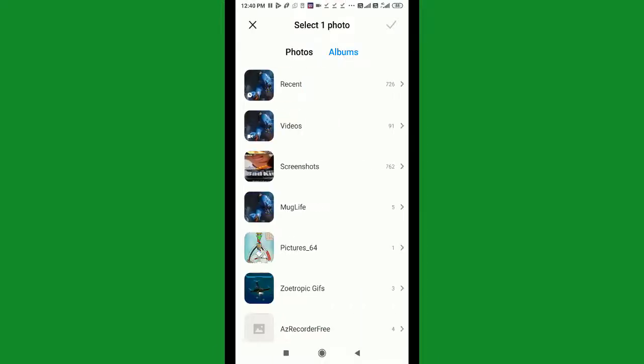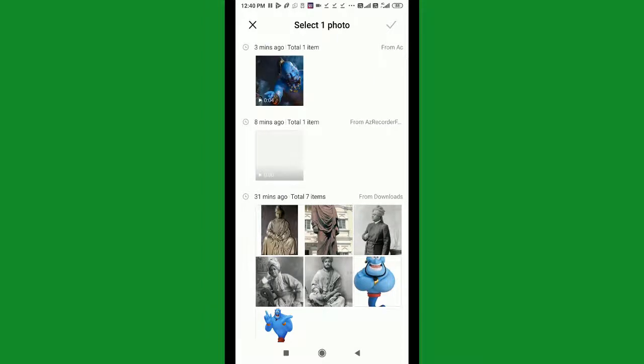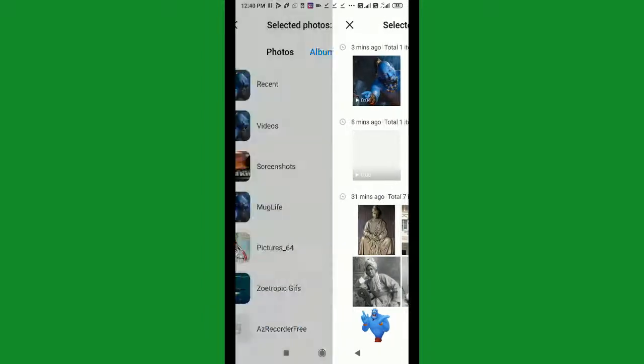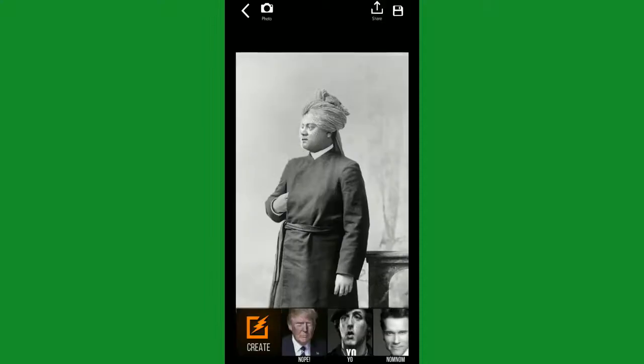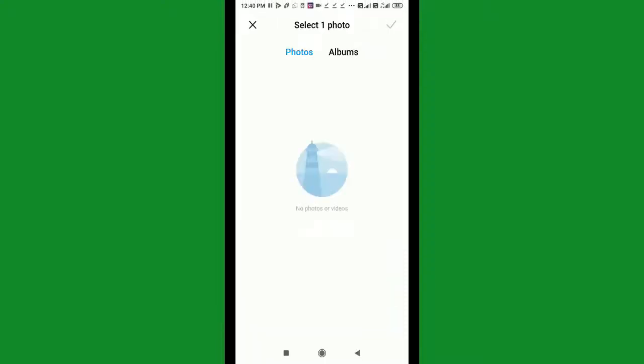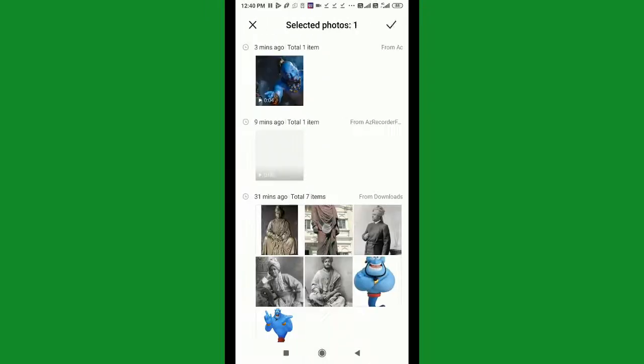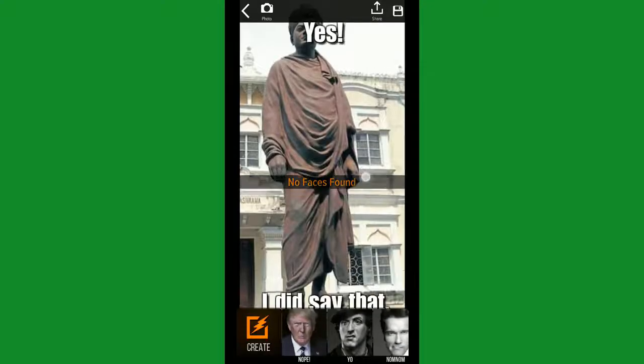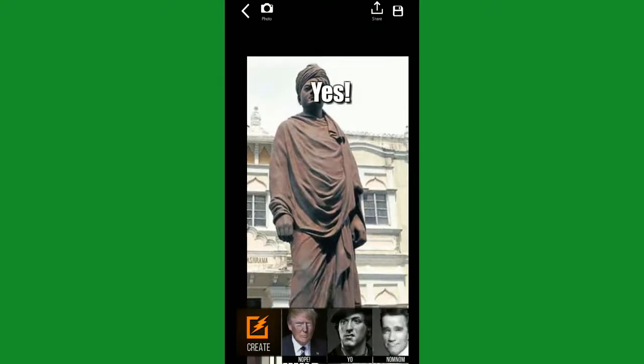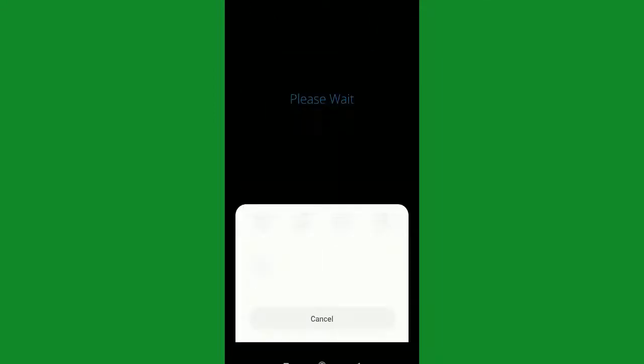Now let me take another one. Here we take the side angle image. Let's take another one, a statue. This is the statue, no faces found. The face is not clear, that's why it is not working.